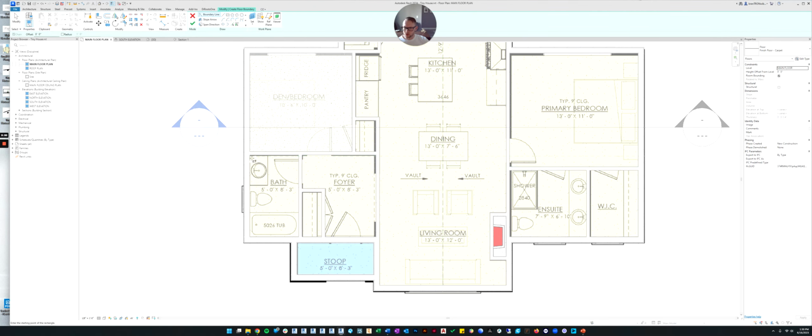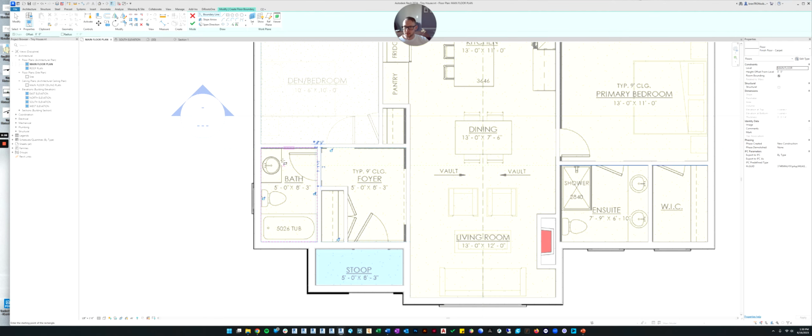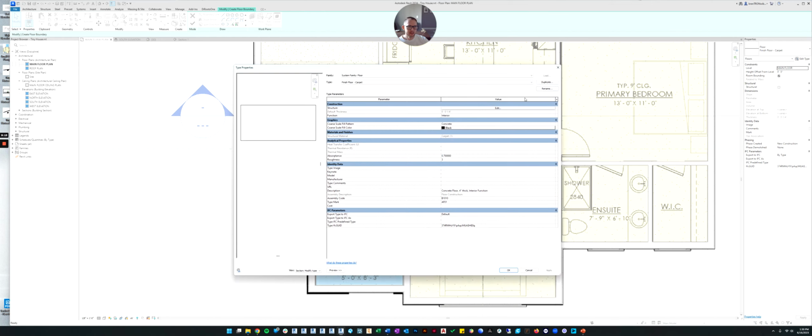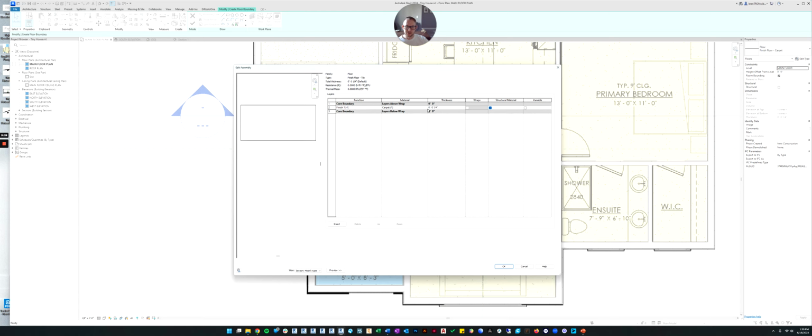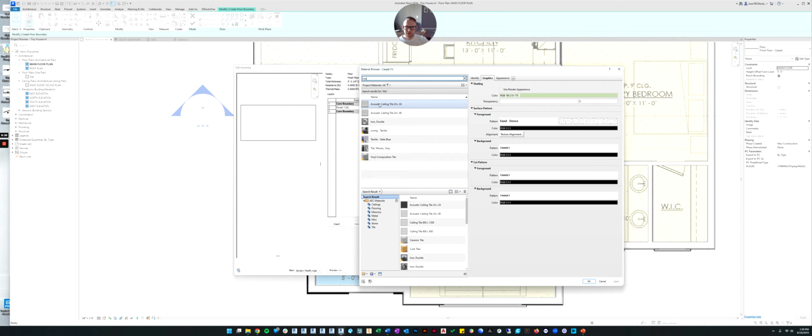And we're going to use the rectangle tool, and I'm just going to draw in my tile, or where I want the tile. So if you remember, we need to look over here, and it's still set to carpet. So let's edit the type, and we're going to duplicate our carpet, and we're going to call it tile. We're going to click OK. So now we've duplicated it, and now we're free to change the material. So let's go into the structure, and let's change the carpet from carpet to tile. Let's see if there's already a tile in here. There's ceiling tile, but we don't want ceiling tile.